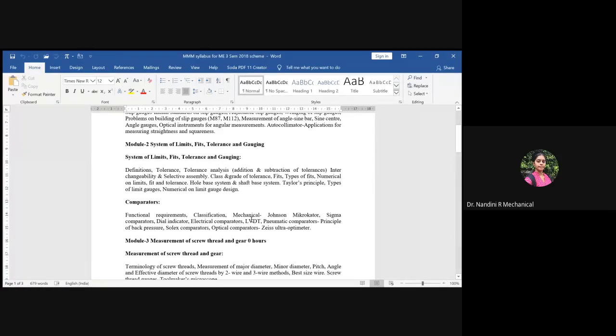So you can get questions associated with the classification of comparators. Give an example, as it has been asked in case of transducers, or else they can ask you to explain any specific type of comparator. So any classification could be asked for a descriptive working principle with a neat sketch. So you should be able to answer any type of comparator which is asked. Okay, so this is about the syllabus of module 2.